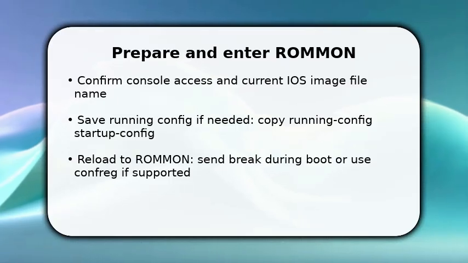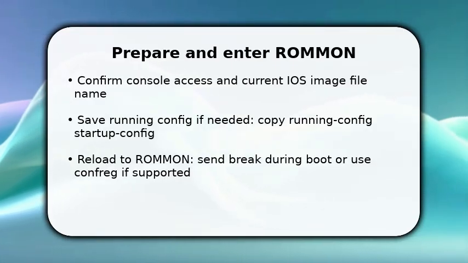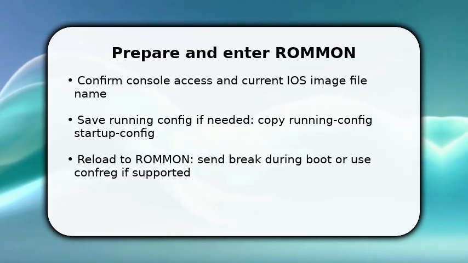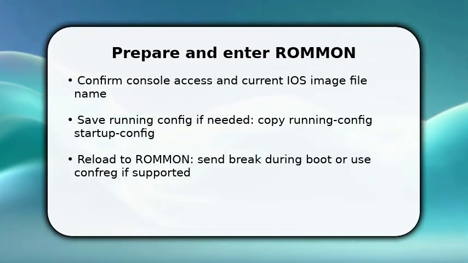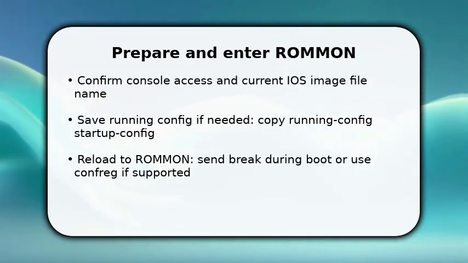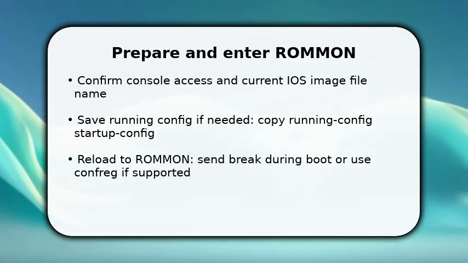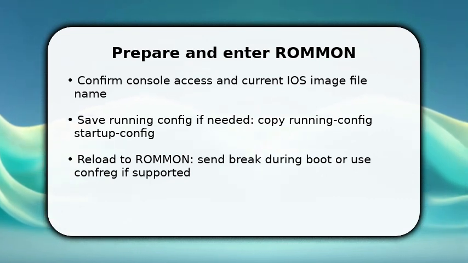You start now by confirming console access and noting the active IOS file name so you can restore later if necessary. Once connected, save any running configuration you want to keep with copy running-config startup-config. This avoids accidental loss. Next, reboot the switch and interrupt the boot process to enter ROMMON or use the device-specific break sequence. Doing this lets you bypass the normal startup config and perform low-level file system operations to remove the